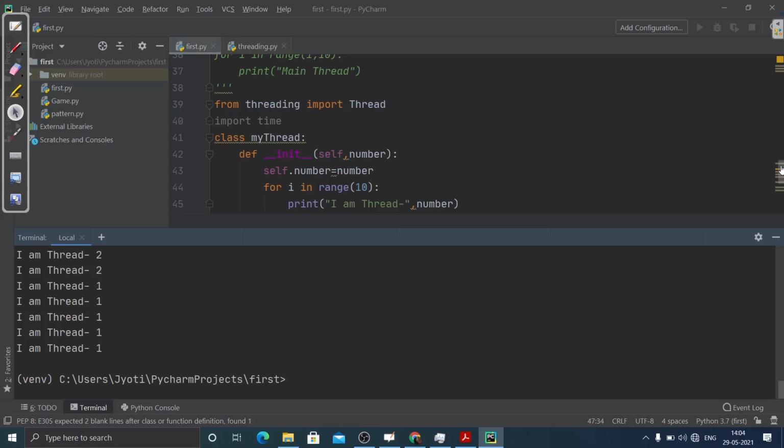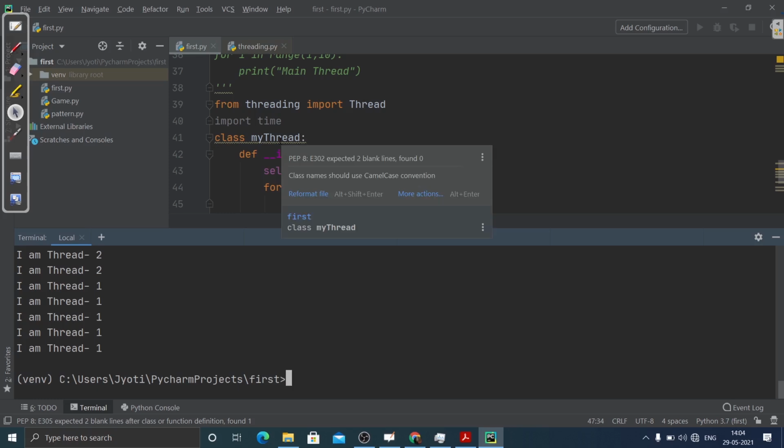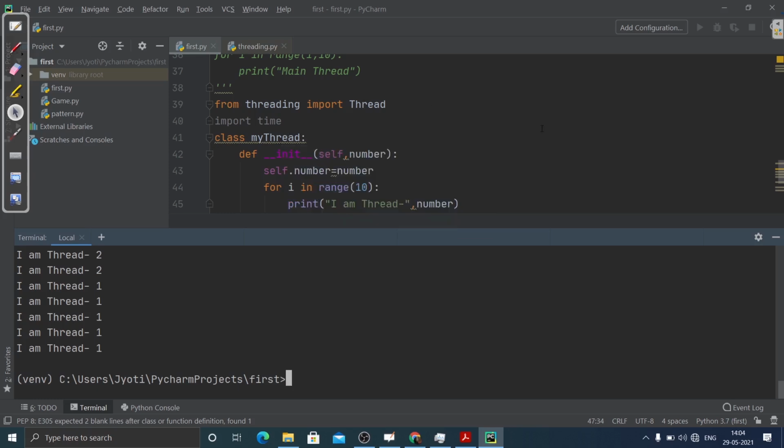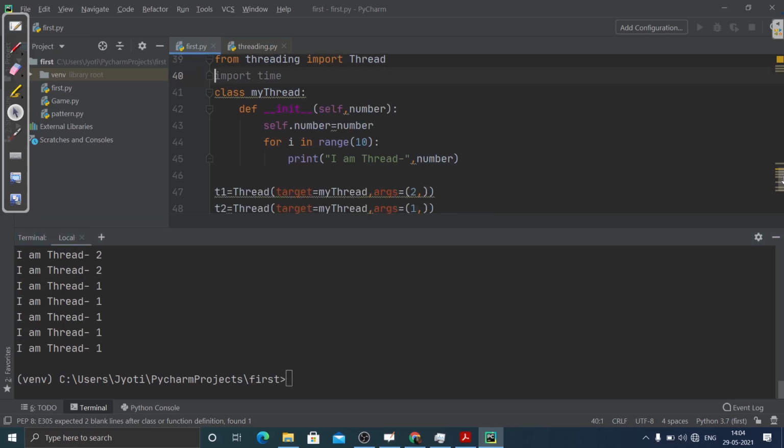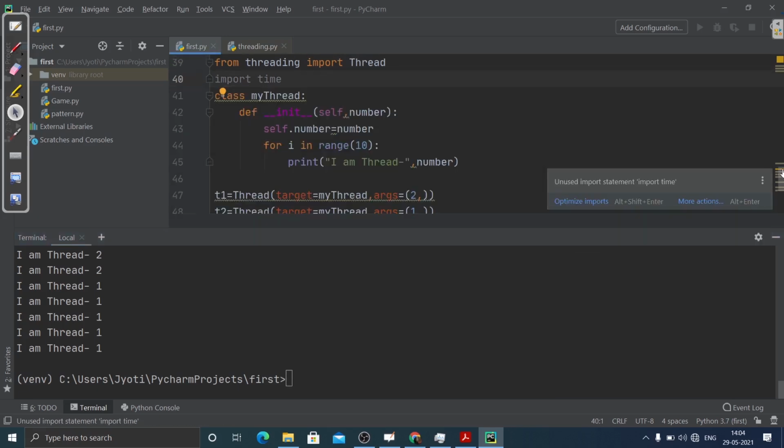What we are doing is importing the Thread class. We are not going to inherit from the Thread class, and we are not going to create any child class. We are just creating a simple class that we normally create, and we are creating the init function. Inside that we are taking an argument, that is number.